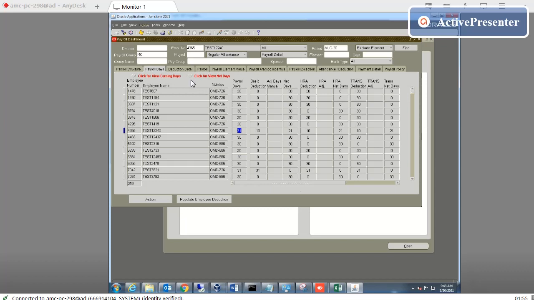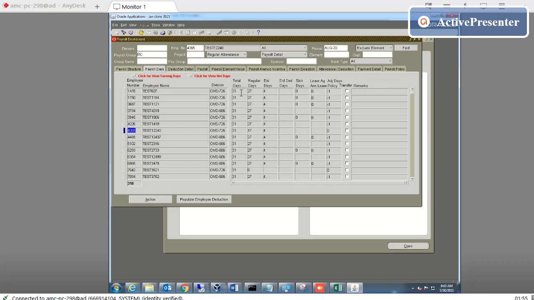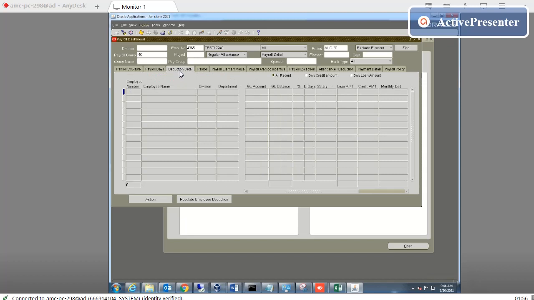If I go ahead and click on view earning, just click here. The total days are 31. Regular days he entered work 27. 4 days leave. And if anyone is sick, so this is a payroll day. After that, if there is deduction,